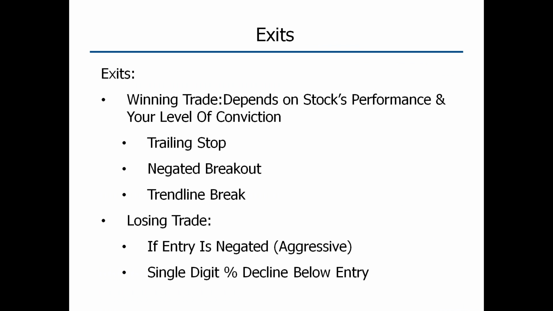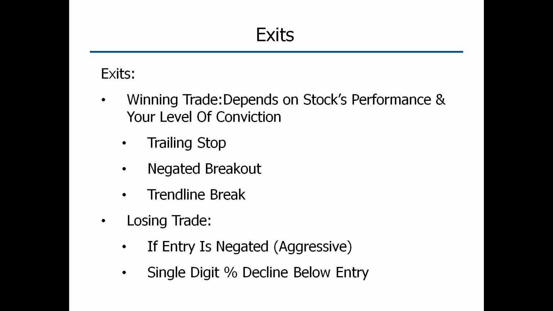So when you have a winning trade, it depends on the stock's performance and your level of conviction. Now, I can't really quantify this in terms of 1 + 1 = 2, but I can't emphasize this enough. It is so important for you to understand how the stock is performing and then align yourself with that performance. If you think, I have a very, very high level of conviction because I fell in love and got married to the stock, and the stock's performing awfully, then you're out to lunch. You're out of sync. And the market doesn't care if you're angry, upset, or happy. All that matters is what's happening in actuality, not the reality in your head,